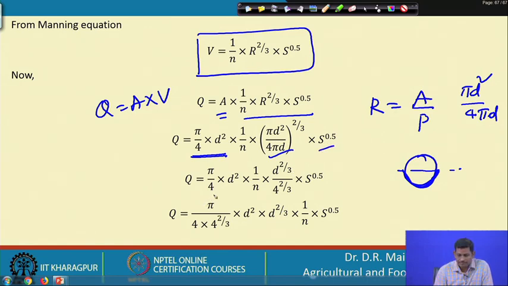Now, simplify this: 0.5 by 4 into d square and 1 by n, d square d power 2 by 3, nearby 4 by 4 power 2 by 3 s power 0.5, and finally Q is equal to pi by 4 into 4 into 10 power 4 by 2 by 3 d square. So, you have to simplify this,